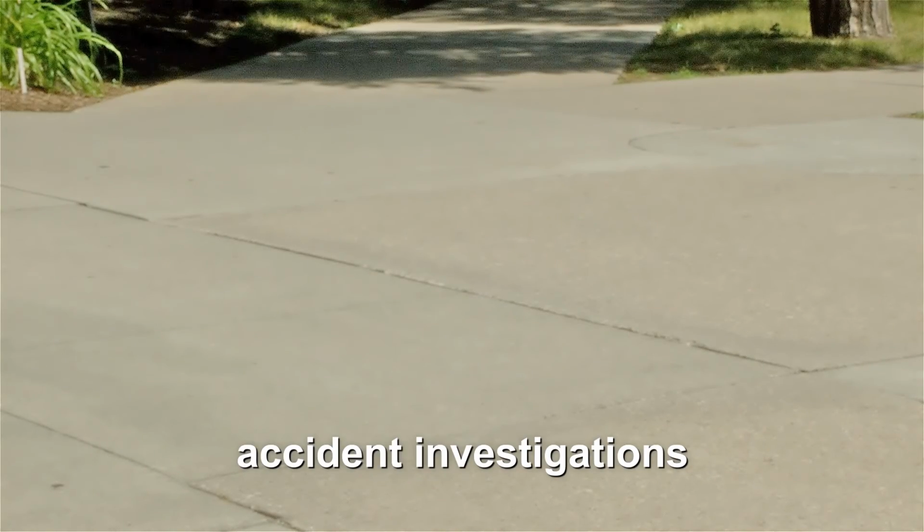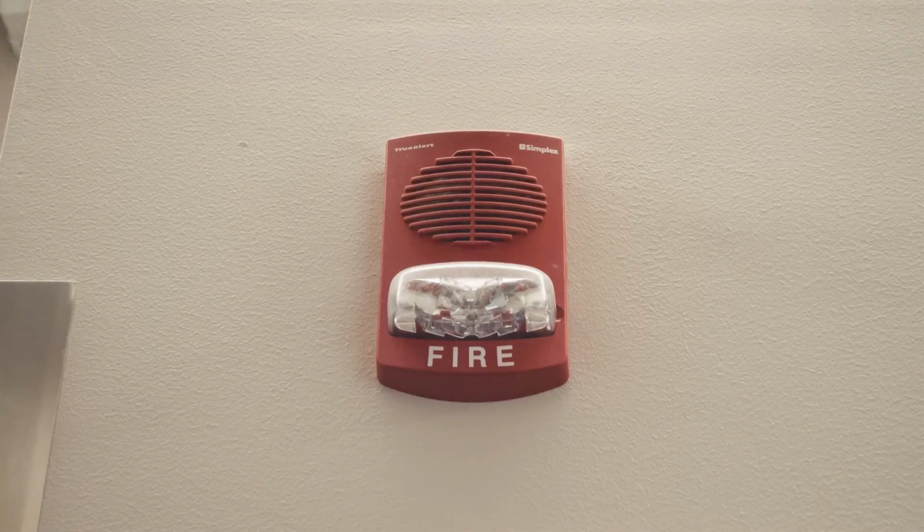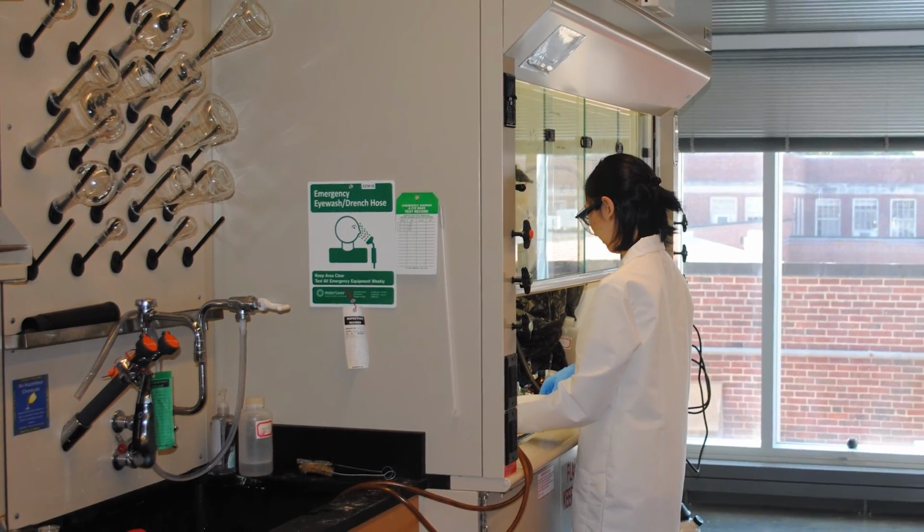So yeah, we do a lot. To make it a little easier, let's break things down in a scenario. Say there's an emergency event in a campus research facility, let's say a fire. Guess which department staff will be involved from the first fire alarm to the last moment of recovery? That's right, EH&S. For the purposes of making this a more personable experience, let's say you were in the lab